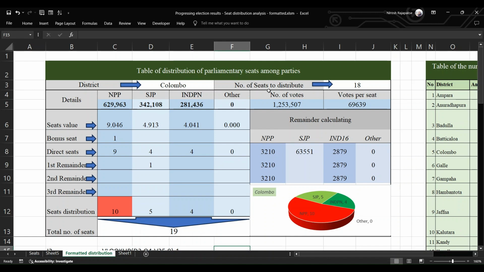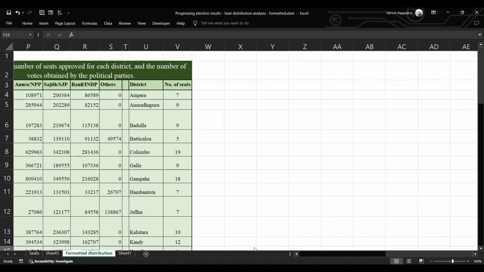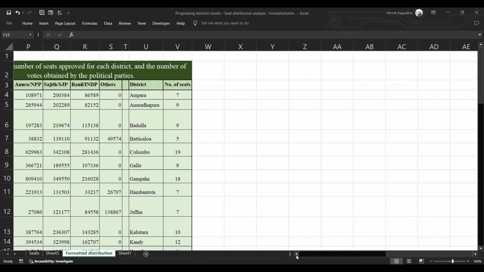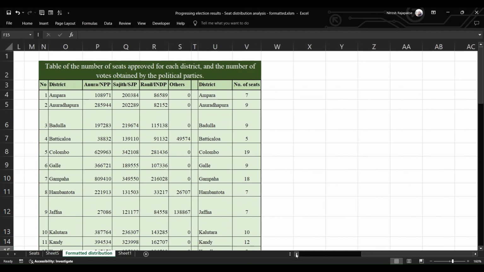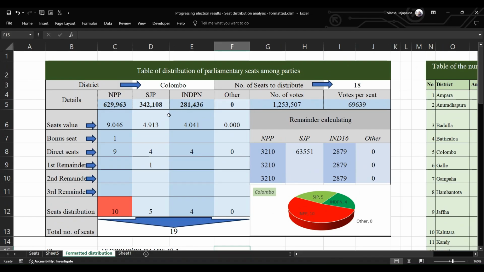Several Excel formulas are included here. We will consider those one by one. Table of distribution of parliamentary seats among parties. Table of the number of seats approved for each district and the number of votes obtained by the political parties. 1. Table of distribution of parliamentary seats among parties. 2. Table of the number of seats approved for each district and the number of votes obtained by the political